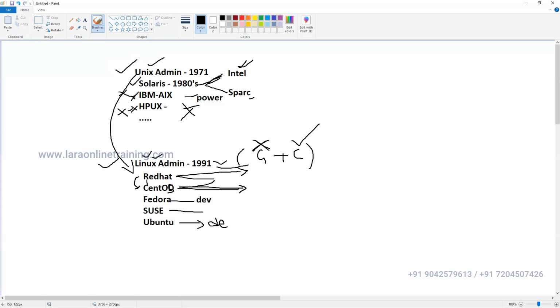Actually, I worked on it earlier, but presently I'm not teaching Solaris because I worked on it almost 6 years back. I worked on Solaris 10. But after that I'm not working on Solaris, because as I told you, in the market we are seeing mostly Linux only, because of the cost and the maintenance. People are moving to Linux only. So I also moved my career to Linux as well. I'm not working on Solaris presently. That I just want to tell you.